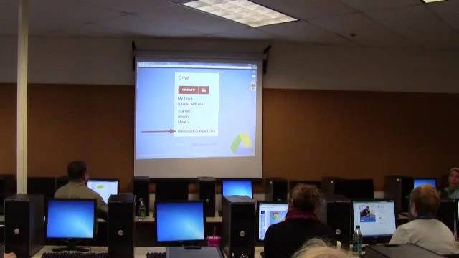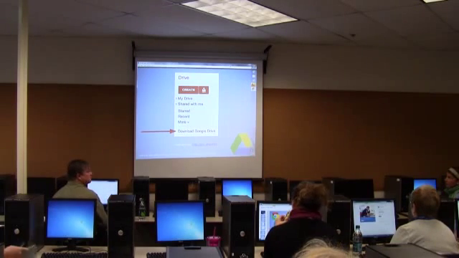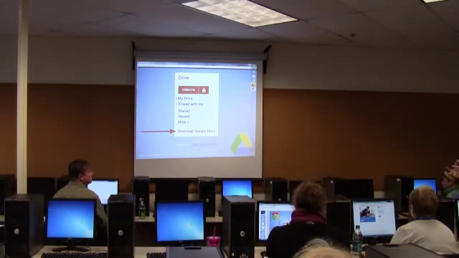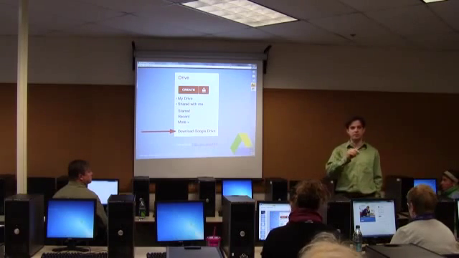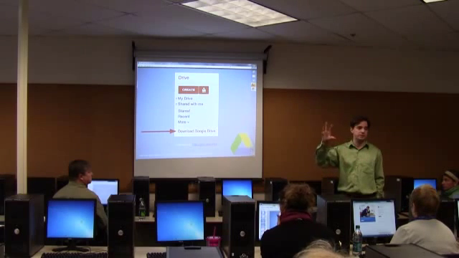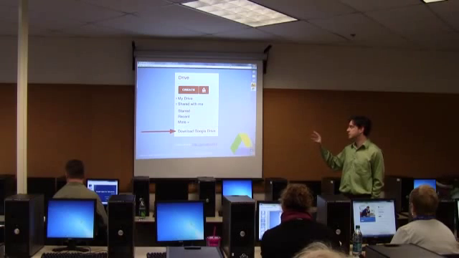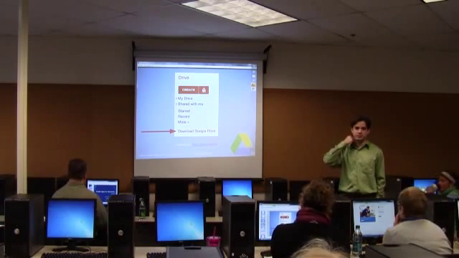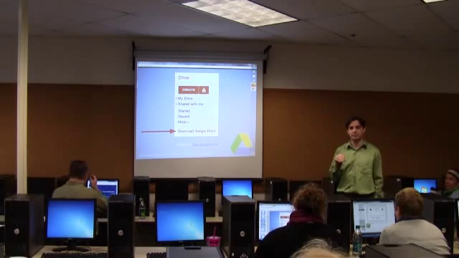Google Drive is a tool that is actually relatively new. They kind of took what they used to call Google Docs, and they now call it Google Drive. And instead of just being about creating documents, it's about storing and sharing and creating and a lot of interaction. So one of the things I recommend to anybody who's on the Google platform is to download Google Drive onto